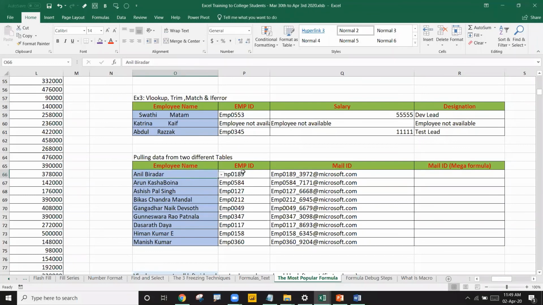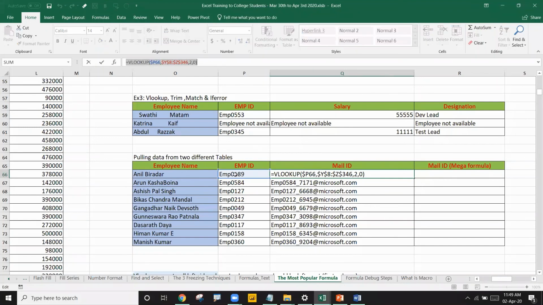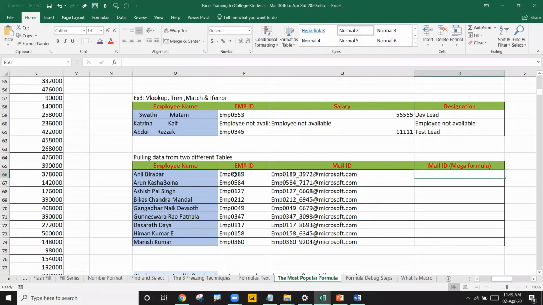So we had the employee name. By using the employee name, we got the employee ID. Once we got the employee ID from the second table, we got the email ID also. But after showing this, your manager may ask, why are you using this extra column? I'll just give you this, so you get me the mail IDs directly. In that case, this VLOOKUP and this VLOOKUP, you need to club into one place. So I'll show you that mega formula, the copy-paste way. I'll take a copy of this formula, which is referring to P66, correct? Control C, escape, go here, paste it here, enter. This and this both are giving the same answer.